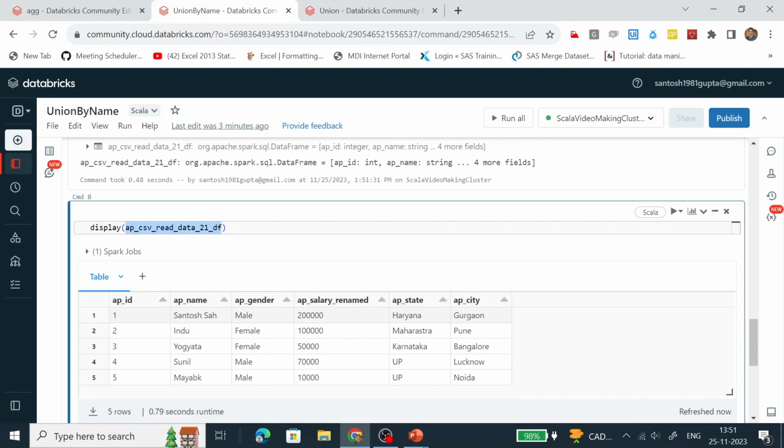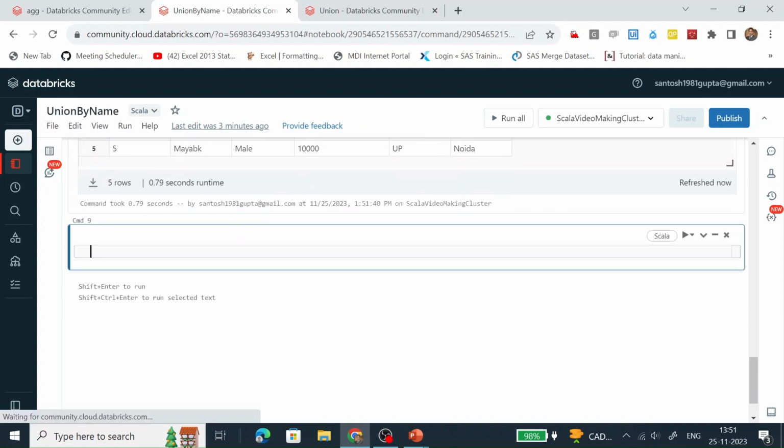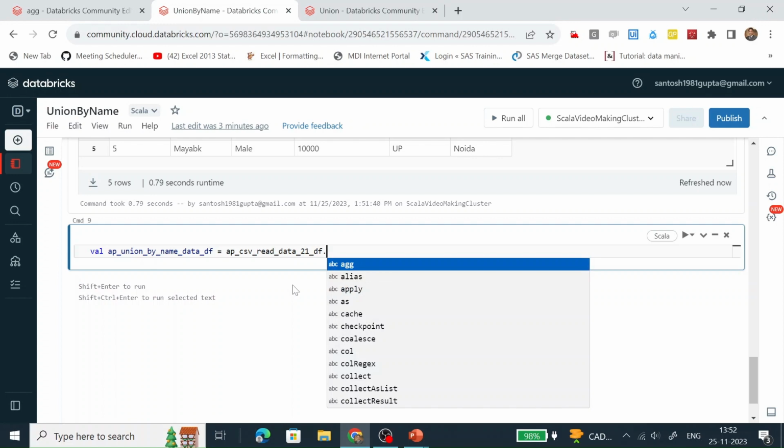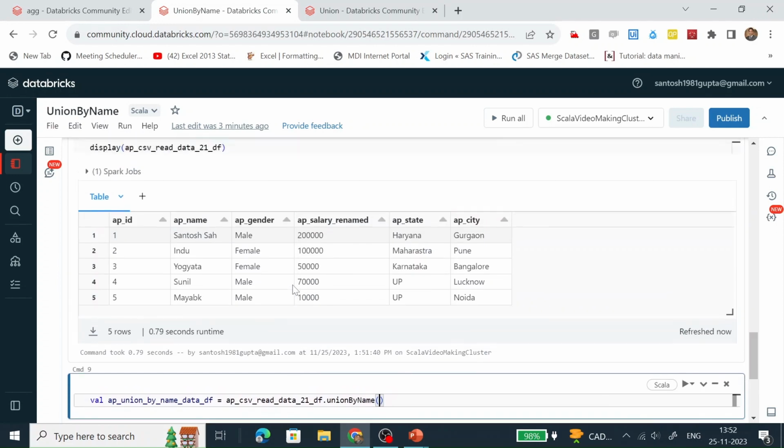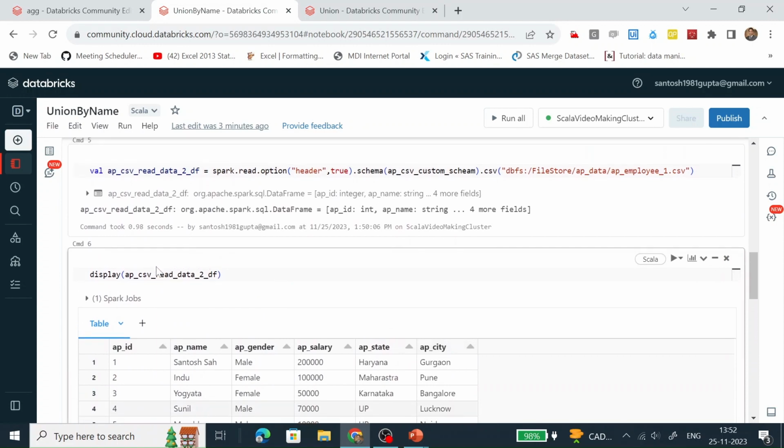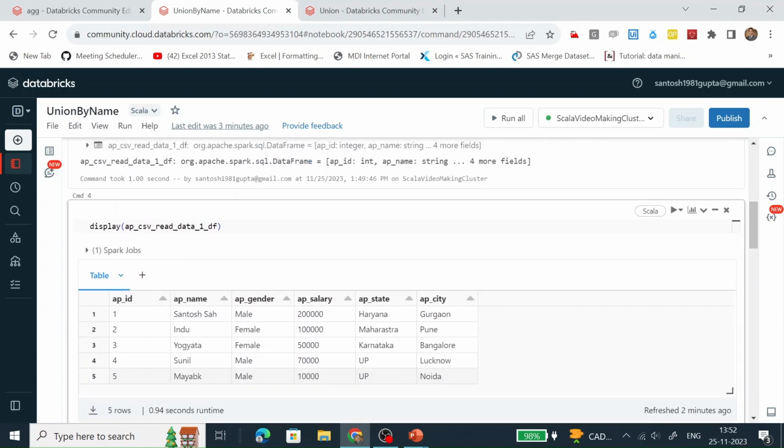Now let's merge this data frame with the other data frame with the help of the unionByName function. How are we going to do it? On top of this data frame, let's call the unionByName function and pass the other data frame.